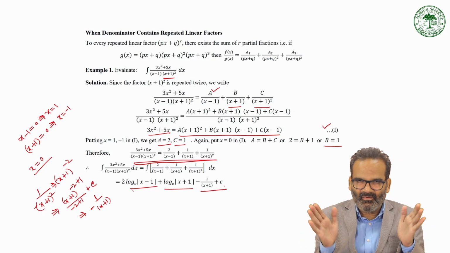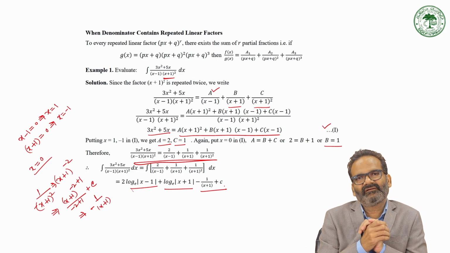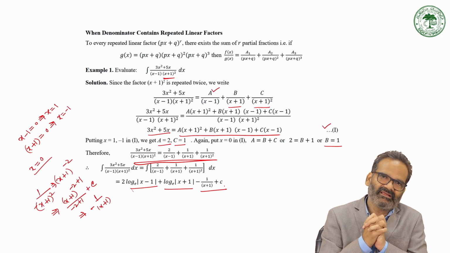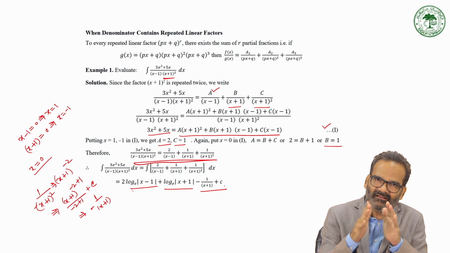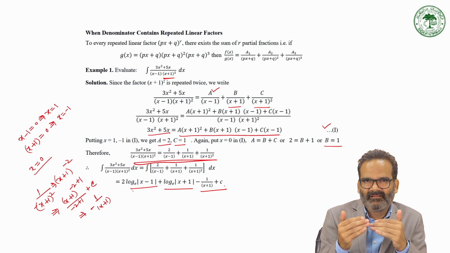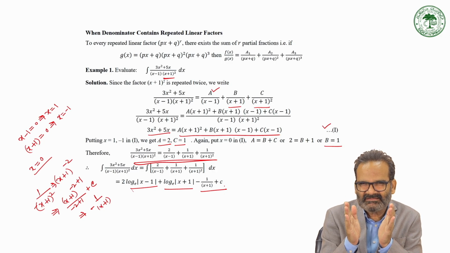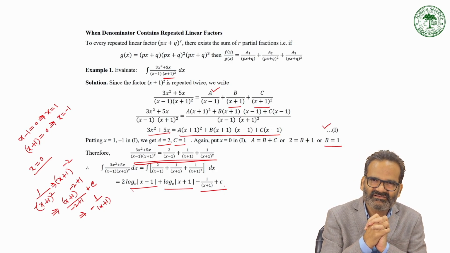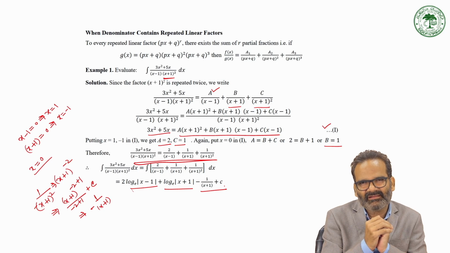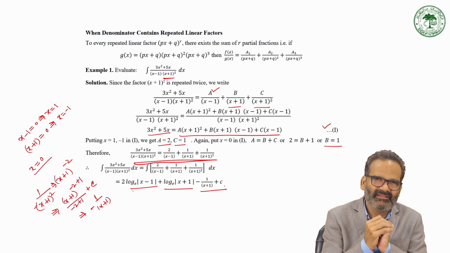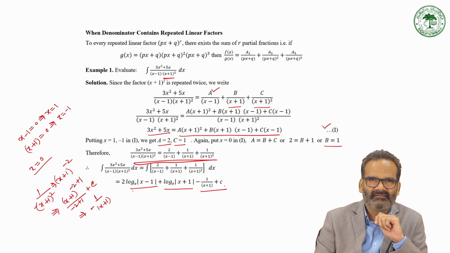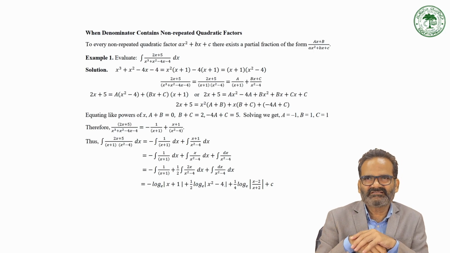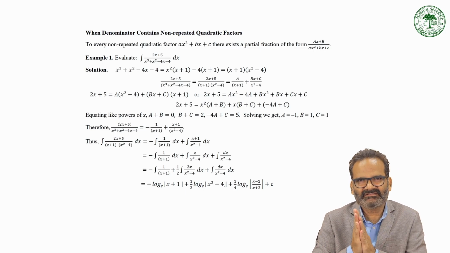In case 1, all the factors of the denominator are distinct. But in case 2, the factors are repeated. And there is a big difference in the representation, or in writing down the partial fraction, and the rest of the procedure for calculation of the constants a, b, and c remains the same. Now this is case 3. Case 3 means when the denominator contains